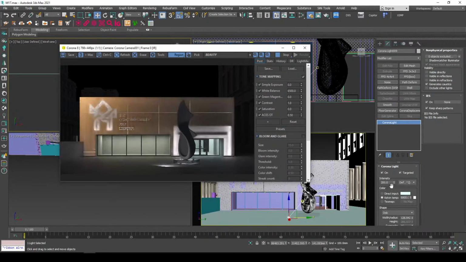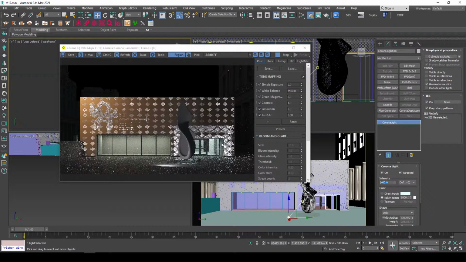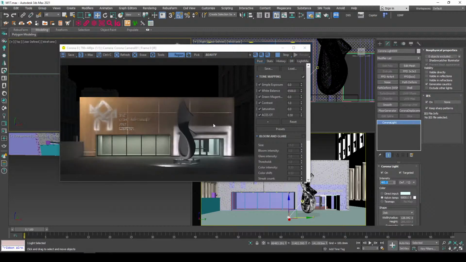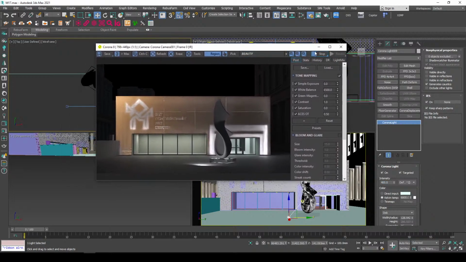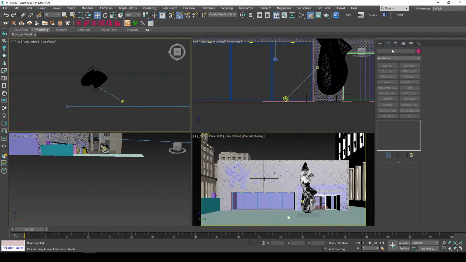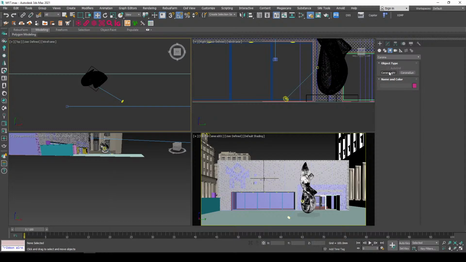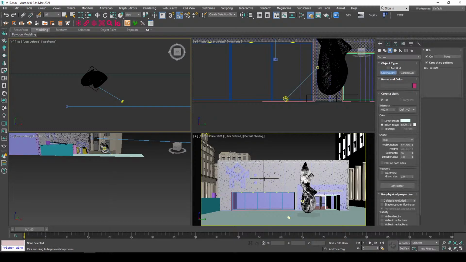See what we have. I think 400 is good. 400 is good. Now the hack I was talking about the other time was that we are going to make use of